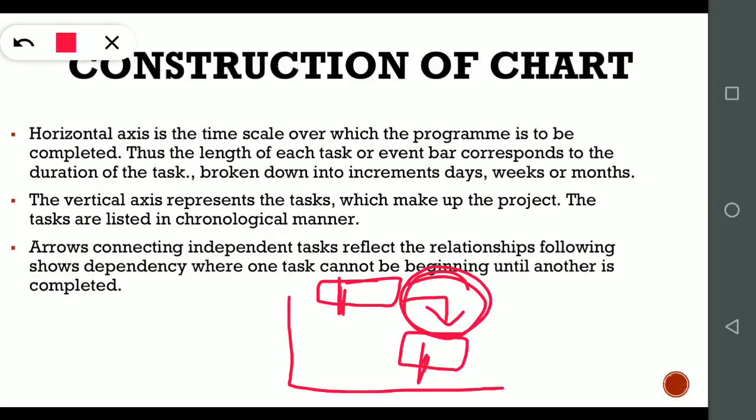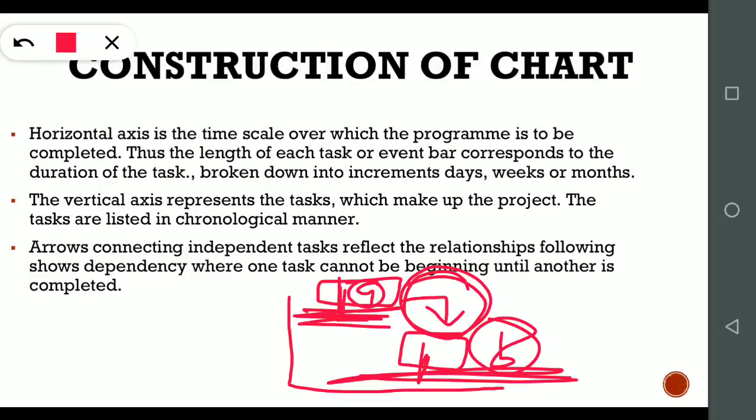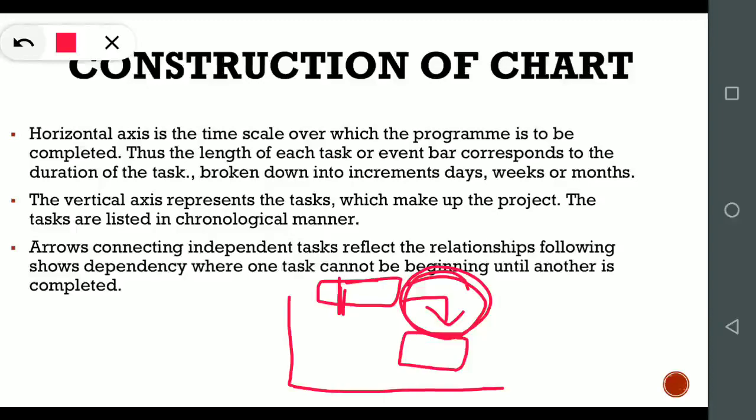It means event A needs to be completed first, then it will be followed by event B. Until our A activity is completed, our B activity can't get started. So here the relationship is shown by the arrows.